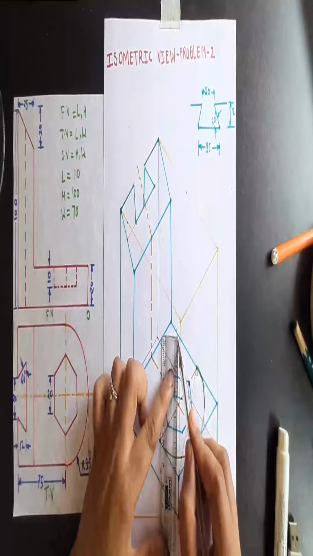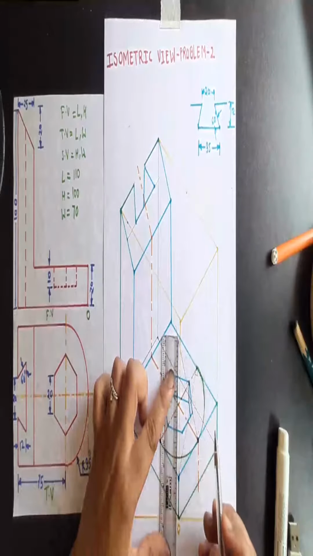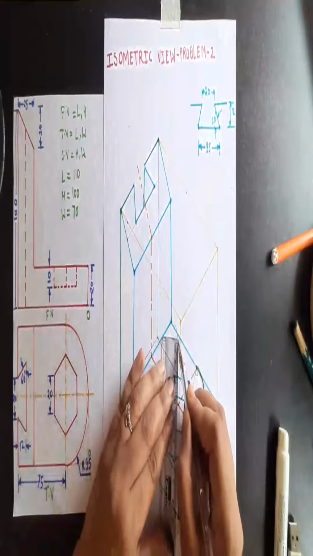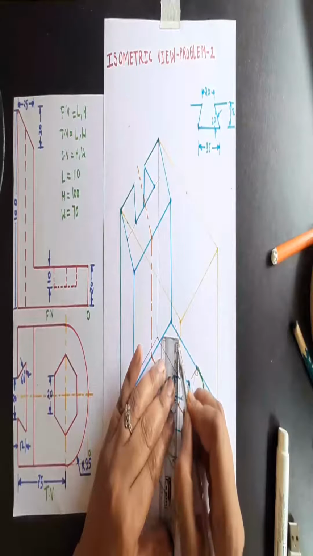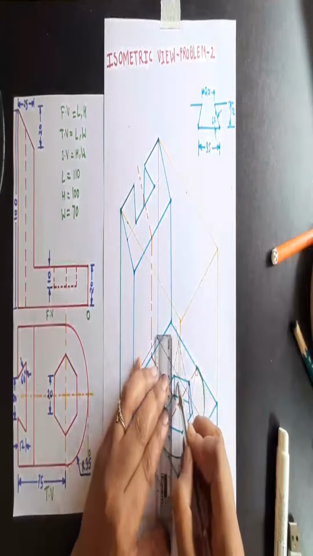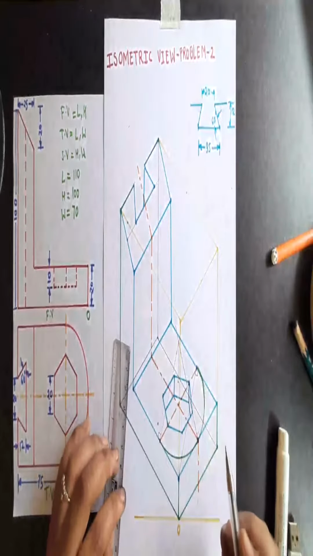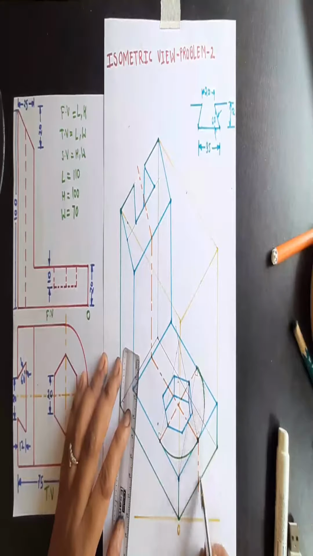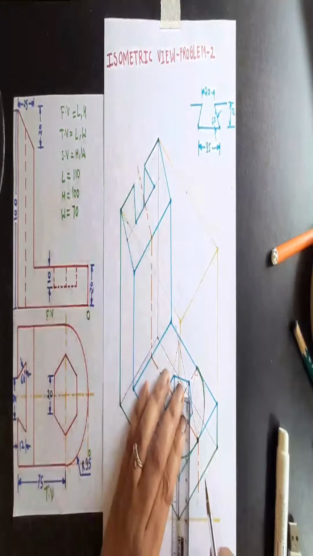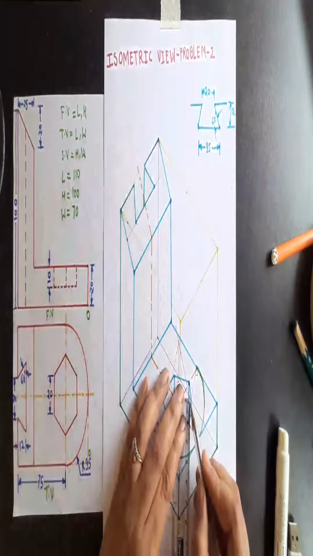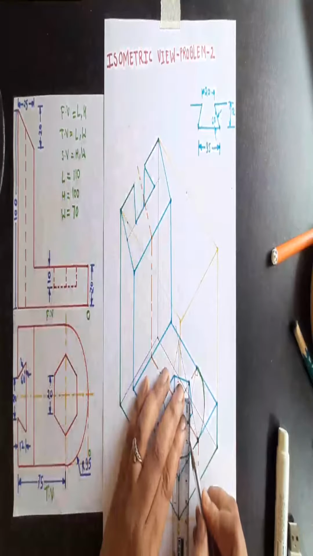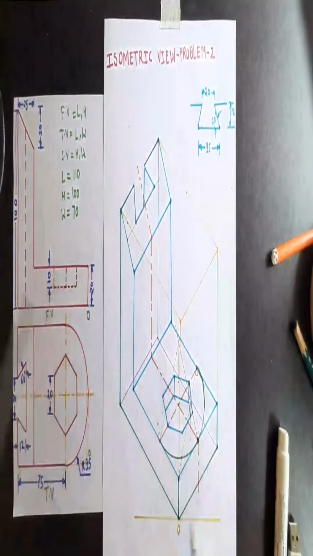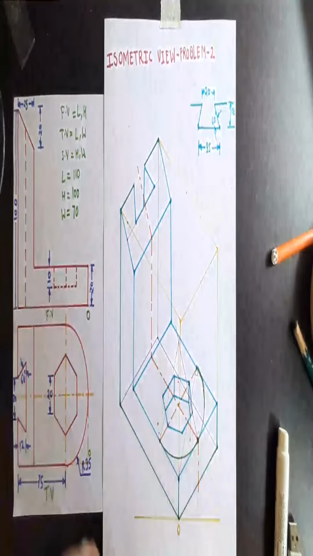So with this point as a center, I draw along the height and shift it by 20 mm. So here is my point, shifted by 20 mm. I can shift this also, and here it is again along the height by 20 mm. So you have shifted both the centers by 20 mm in height.